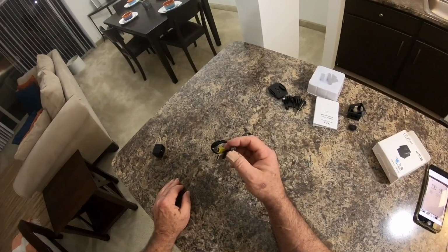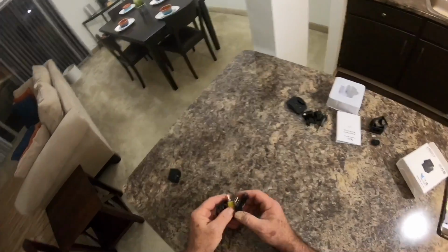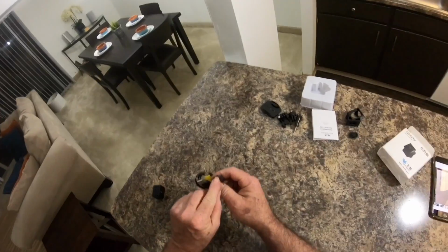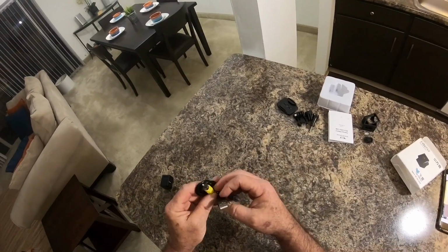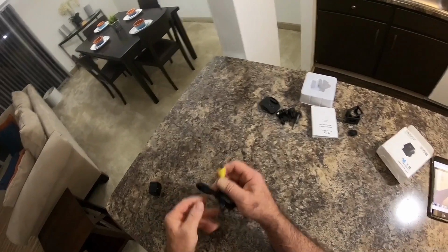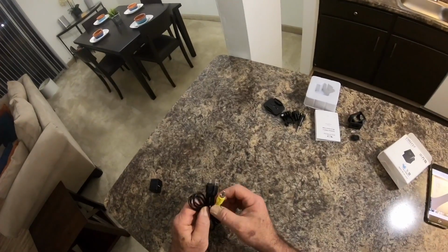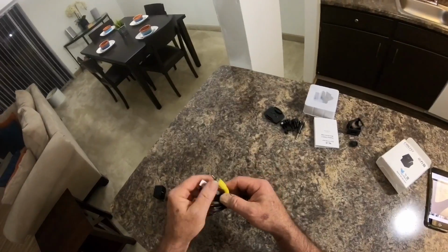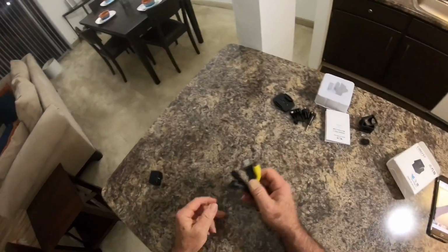It's not a micro USB or something. It's just some kind of connector that you see on these little Chinese cameras. You see this little adapter here on a lot of them. I don't even know what it's called. And then they give you a video port if you wanted to plug it in and check it out. They give you one of these like this with the Run Cam, and with another one of them little